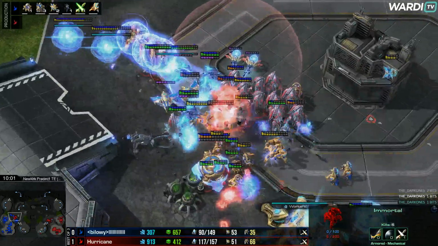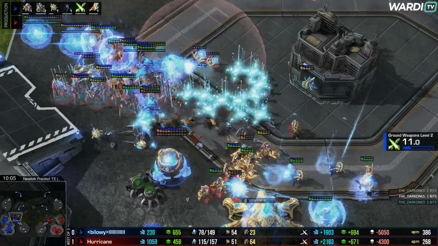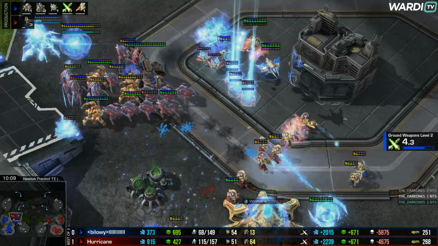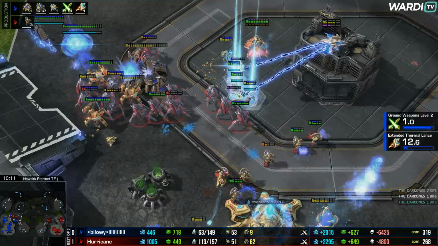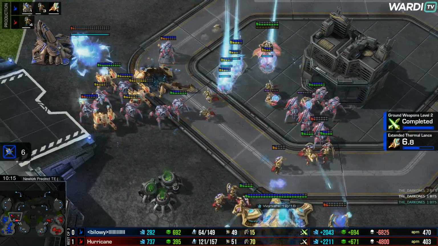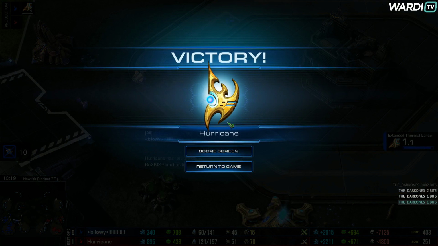And, well, as we just see, the army of Billowy is disappearing. Absolutely just no chance to fight against the amount of units here from Hurricane. A well-played game, he had enough, and those extra gates early served him well. Slowed his opponent down enough to get a faster third Nexus, still have the extra production already. He put it to use, and that is GG. Hurricane will take game 2 and take